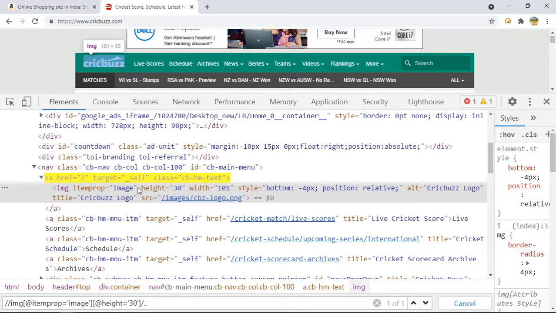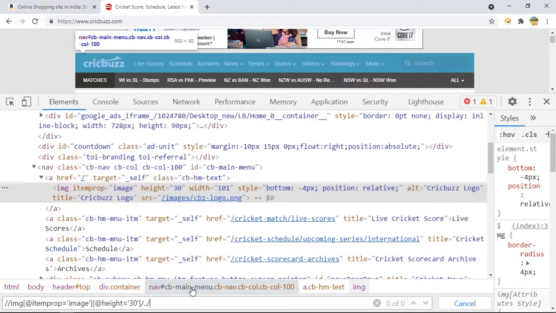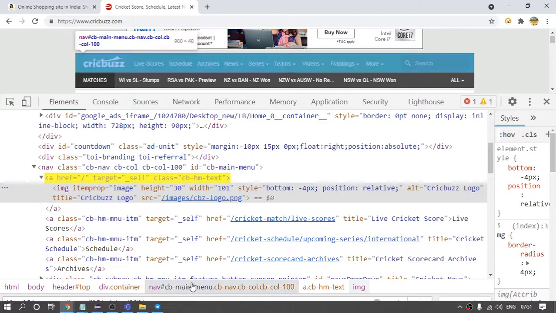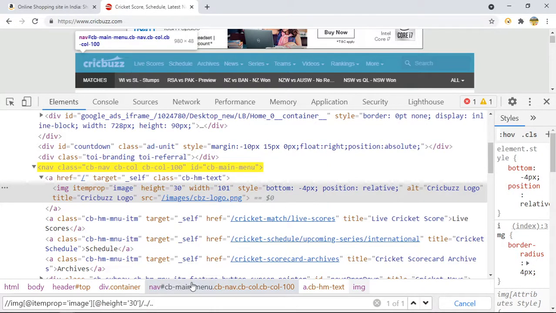And if I want to go to the nav class, do the same thing, is it? Slash dot dot. No, I think it will not move you like that. Otherwise, you have to do it. As of now we are here, right? Let me try one more time. Yeah, it will move.